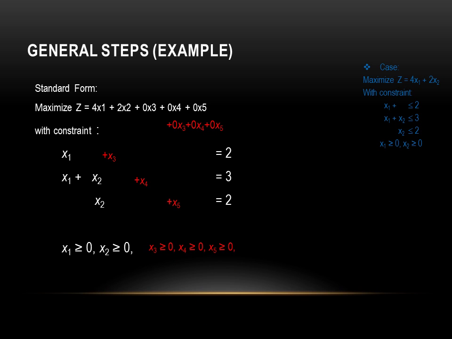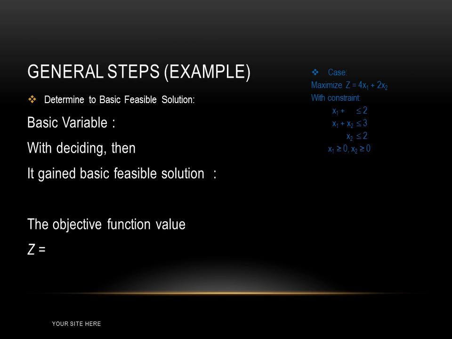And we know that x3, x4 and x5, of course with x1 and x2, are more than or equal to 0. So from the previous equation, we can know the basic variables. The basic variables are x3, x4 and x5. So with that decided, we know that x1 equals x2 equals 0, and also we can gain the basic feasible solution. x3 is 2, x4 is 3, x5 is 2,